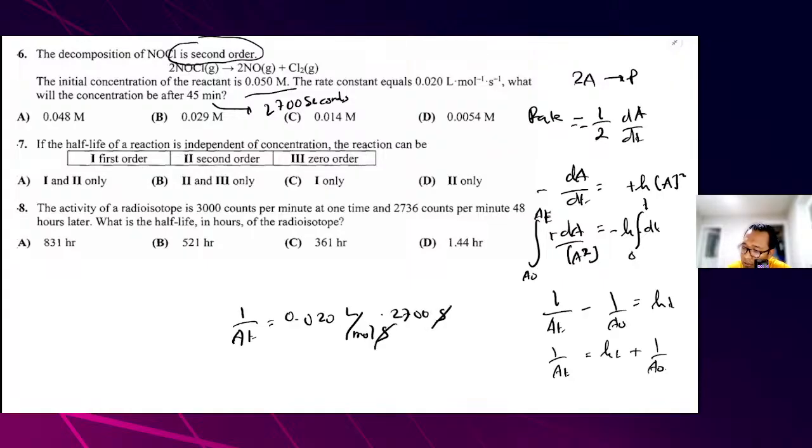We can cancel out seconds, and the initial concentration is 0.050 M. Okay, now we can see over here, kt, k is what? Okay, yes, that's true. So 0.05, and then